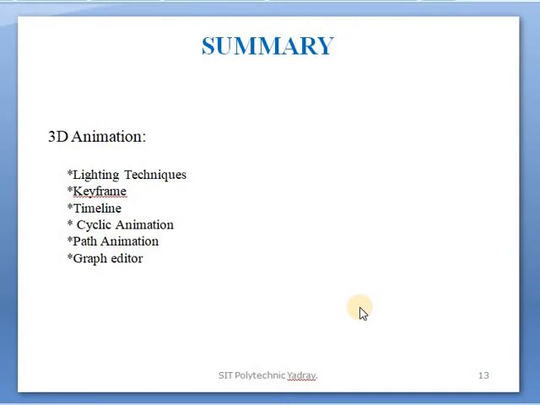If possible, download it and install it and use it. When you use that software, that is when you understand how to create a 3D animation object. Again I am saying that this is not a theoretical paper for that subject, there are only practical related subjects.